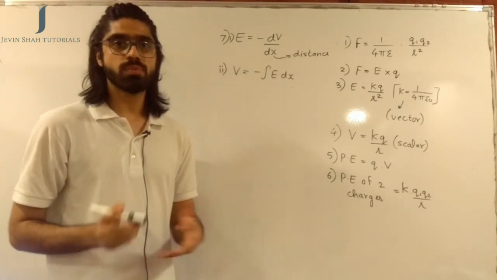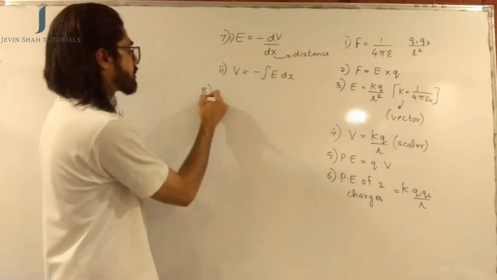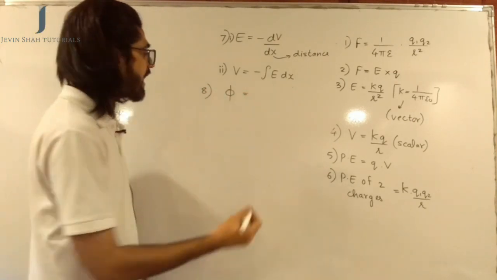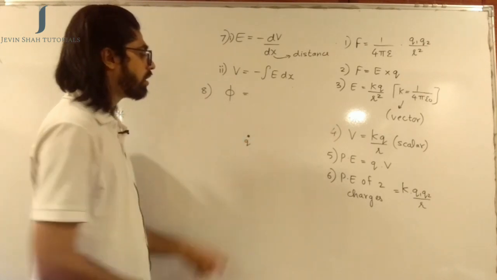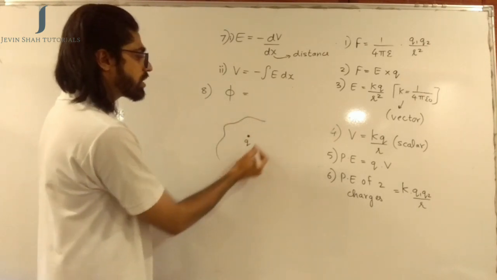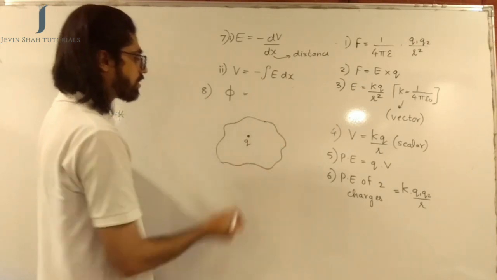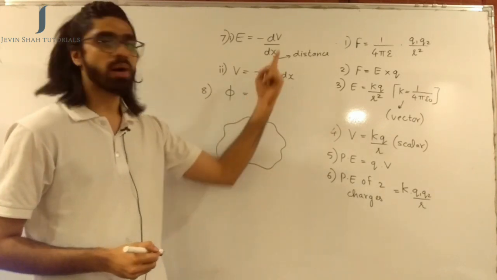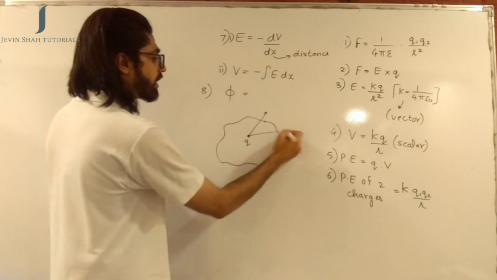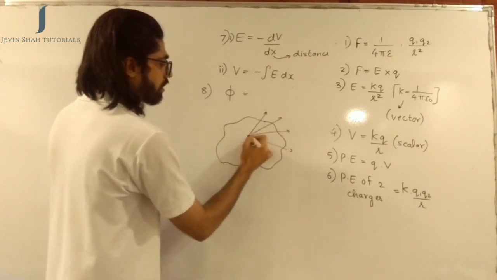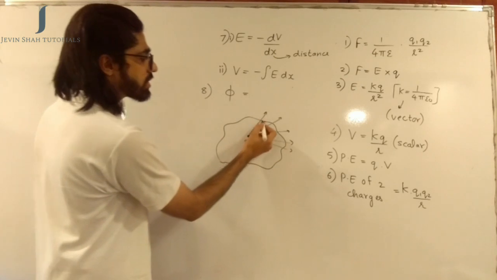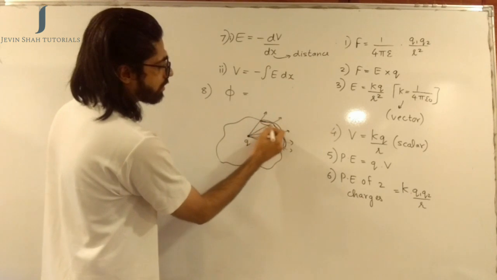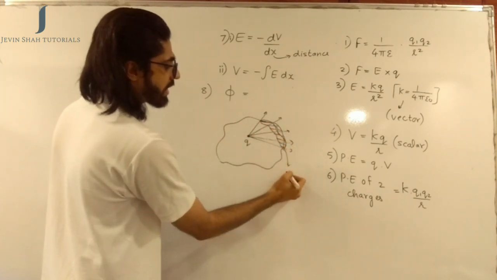So for learning the Gauss theorem, the first thing you need to know is something called electric flux. Electric flux is represented by the notation phi, and say for example we have a charge q, and that charge q is enclosed in some kind of a body like this. From a charge q, because it is a charged particle, electric lines of force are going to come out from the charge q. So they will go out like this, like this, like this. They will come out from here as well, but let's just consider this area for now. This much area on the body, let's call that area as A.